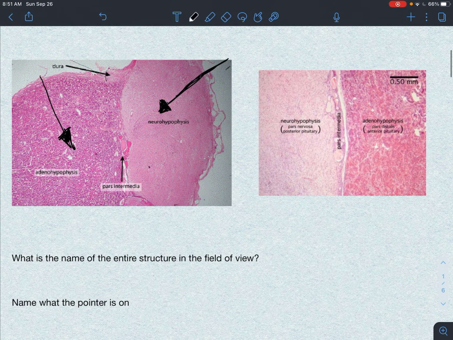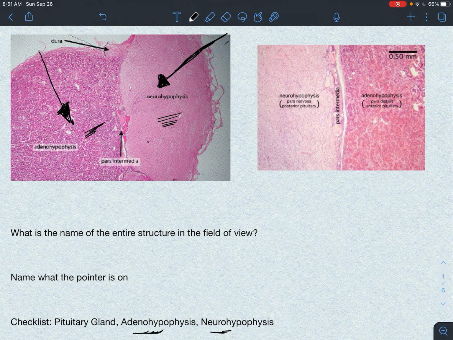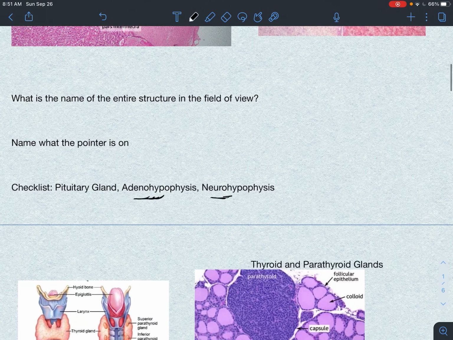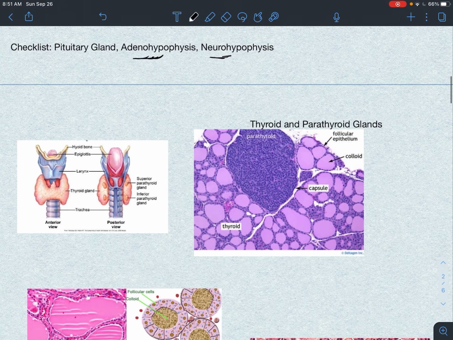So it's pretty simple once you get the fact that you've got these two very different stains right down the middle. One more thing to notice is that the neurohypophysis is usually smaller than the adenohypophysis. So that's another hint. But really focus on the stain to get these questions right. That's the best advice I can give for the pituitary gland. So let's go ahead and move on to our next